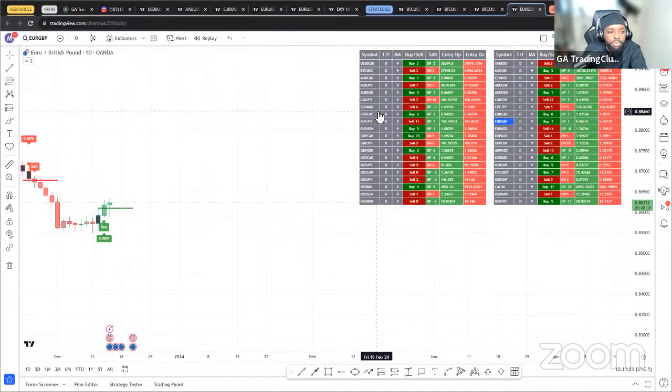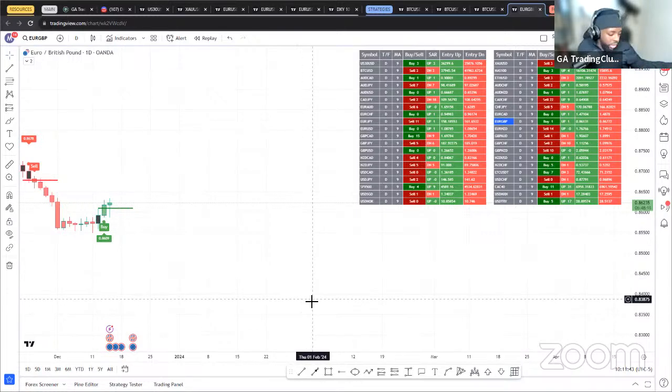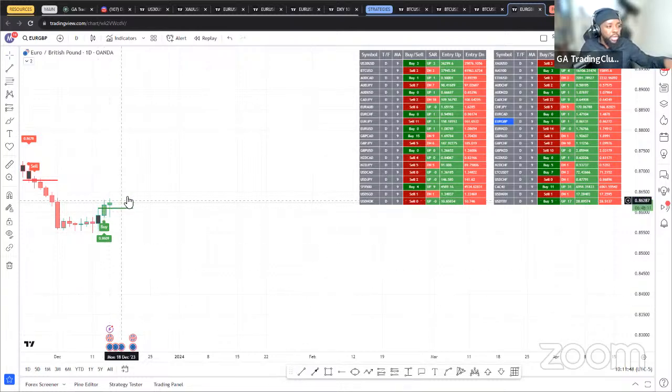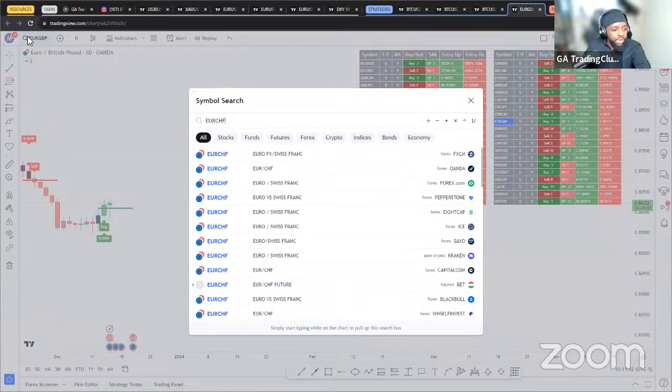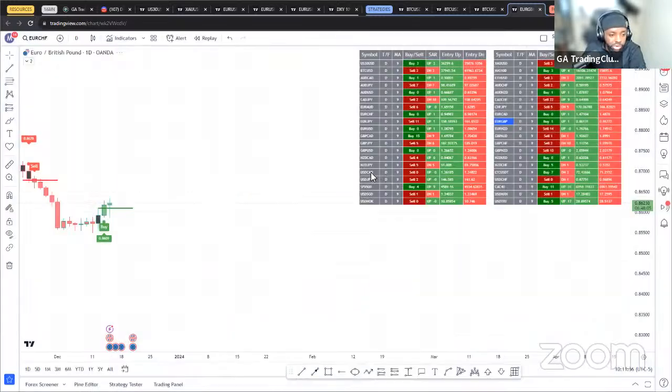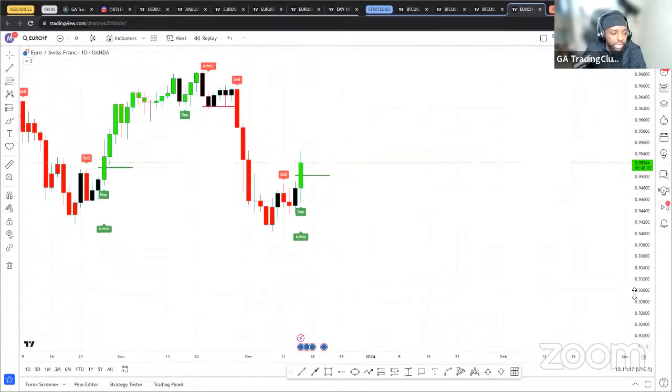So for me, I'll be looking at Euro CHF and Aud NZD for today. I'll probably be running the EA on Euro CHF and Aud NZD after the close of day today. So after the new day, I'll just be doing buys only, or I can go ahead and stack small lot buys on those two instruments, especially Euro CHF. I liked Euro CHF because on the daily time frame it looks like we're holding a nice trend to the upside.